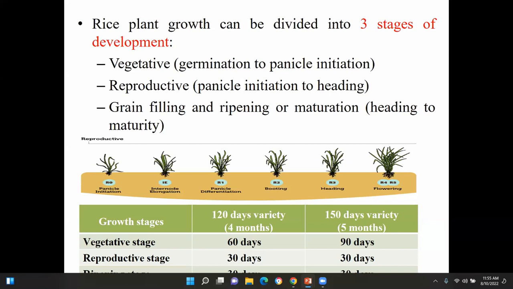Panicle initiation, the stage where the panicle will form. Then internode elongation. Internode elongation means that initially the two nodes are very close, then the internodes grow and the length of the internodes increases. That is internode elongation. Okay, then panicle differentiation. Then booting. Booting, I don't know the word in Sinhala. I think Tamil people